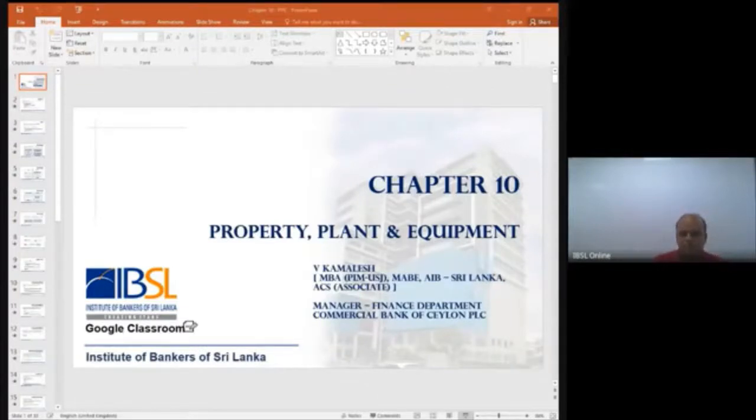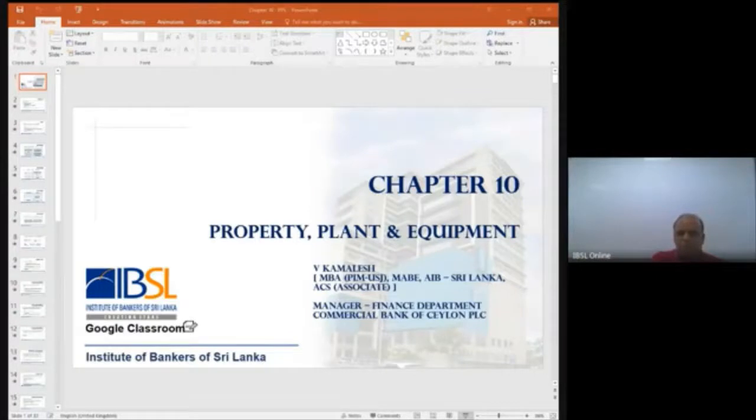When I say different class of fixed assets, you will have land and building, so for land and building, you can choose one method. For furniture or equipment, you can choose another method. And for computer equipment, you might choose another method. So that is also possible. It need not be a single method for all.